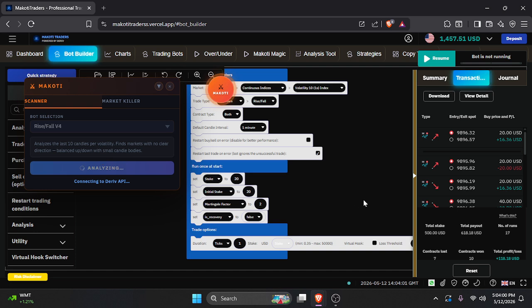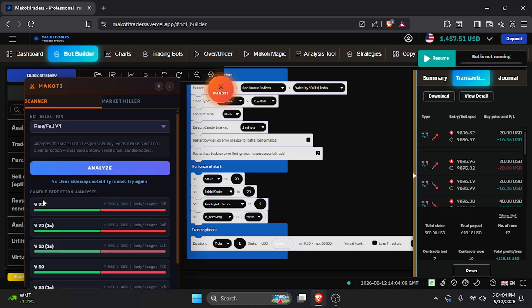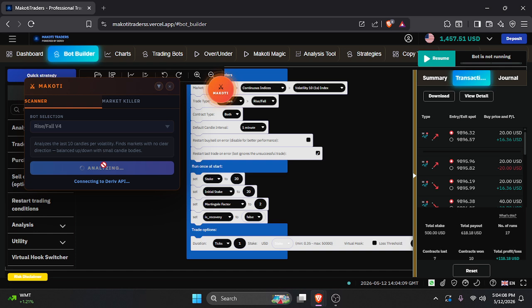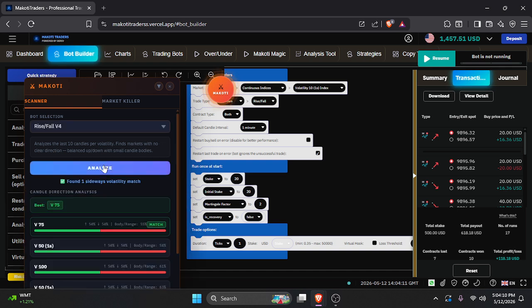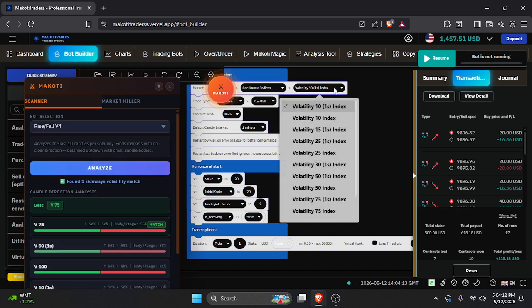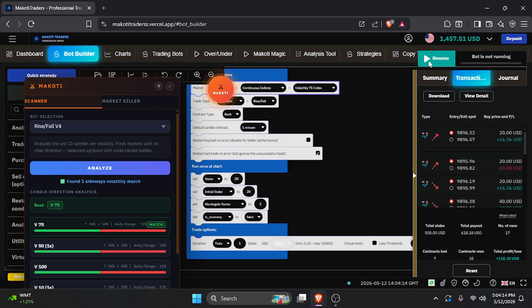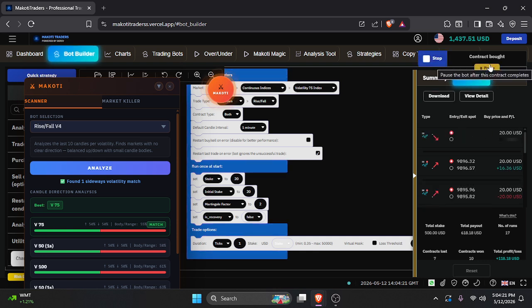Okay, so let me continue. Let me analyze again. So if you see there is no sideways volatility found, just analyze again. 75 index, 75 index, and resume. So the first run is a win, and let's wait for the last run. The last run